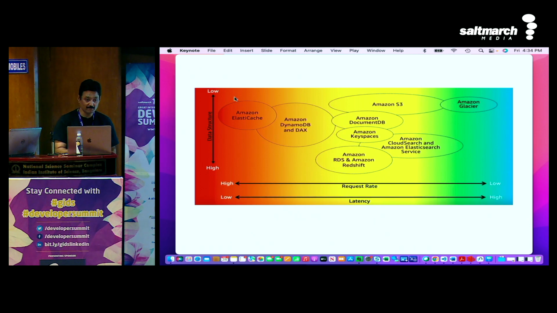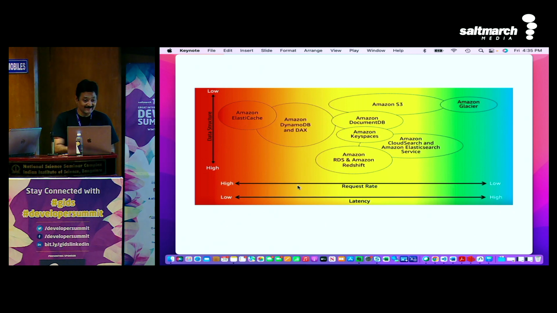Whenever I want to pick the database, it depends upon high rate. If there is a high rate, that means millions of requests are coming in. Twitter, millions of requests coming in. What do they need to do? What database can they use? Cache. They cache the data. So they're caching the data for all the timelines, and that's the way they're using it.